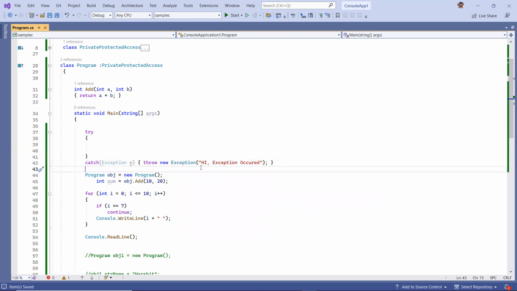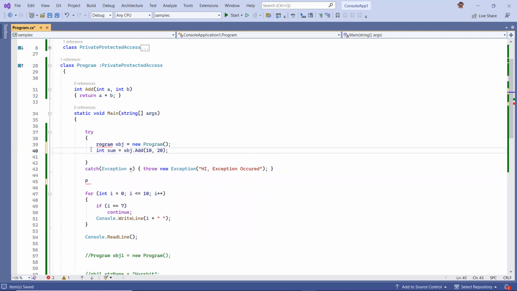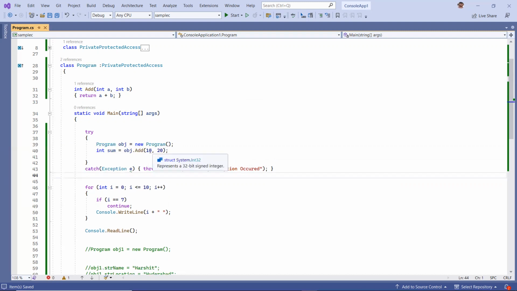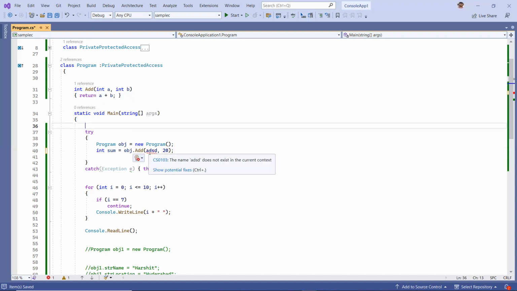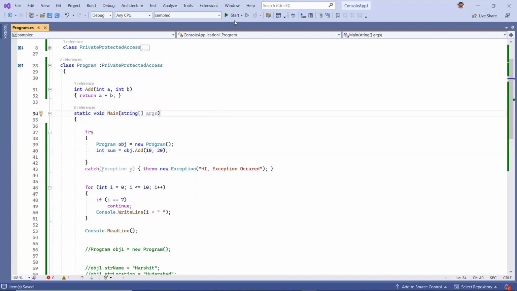Exception. Got it. So I'm keeping this program here. Let me check this, right? So if everything goes fine, it is fine. But when I pass some like this, basically an add function is going to accept only integer values. But now you are trying to pass, right, a different value. Got it? So let me debug through,